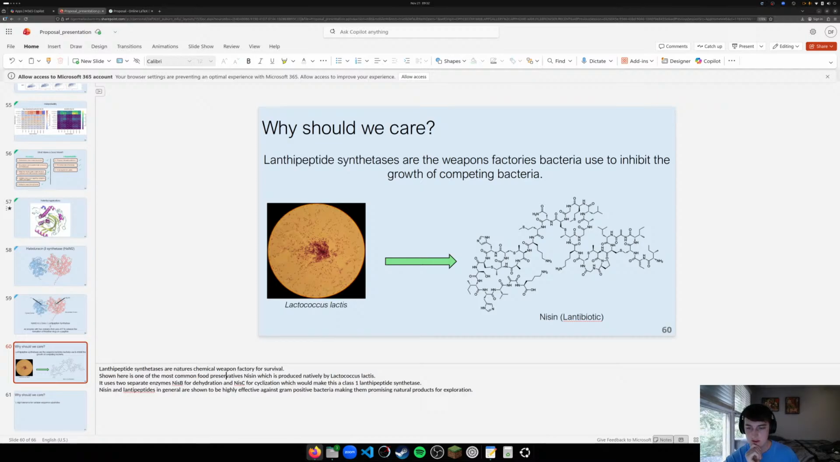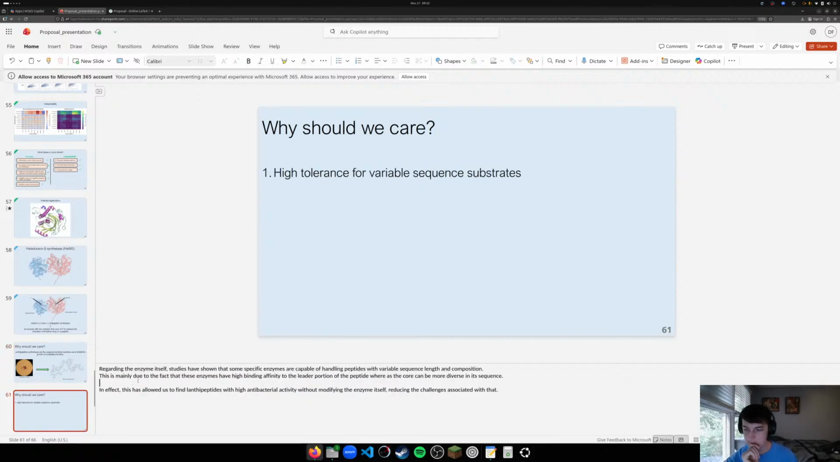Lantipeptide synthetases are nature's chemical weapon factory for survival. Shown here is one of the most common food preservatives, nisin, which is produced natively by Lactococcus lactis. It uses two separate enzymes, NisB for dehydration and NisC for cyclization, which would make this a class 1 lantipeptide synthetase. Nisin and lantipeptides in general are shown to be highly effective against gram-positive bacteria, making them promising natural products for exploration. From an engineering standpoint, I should probably say,